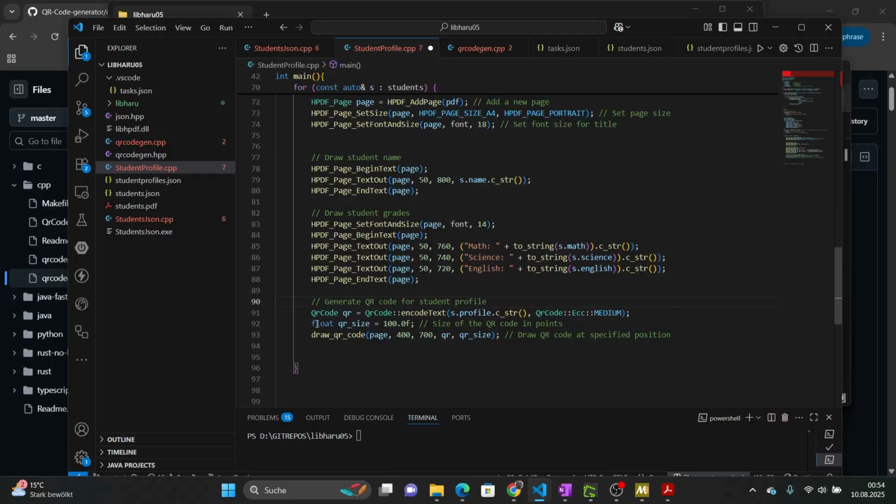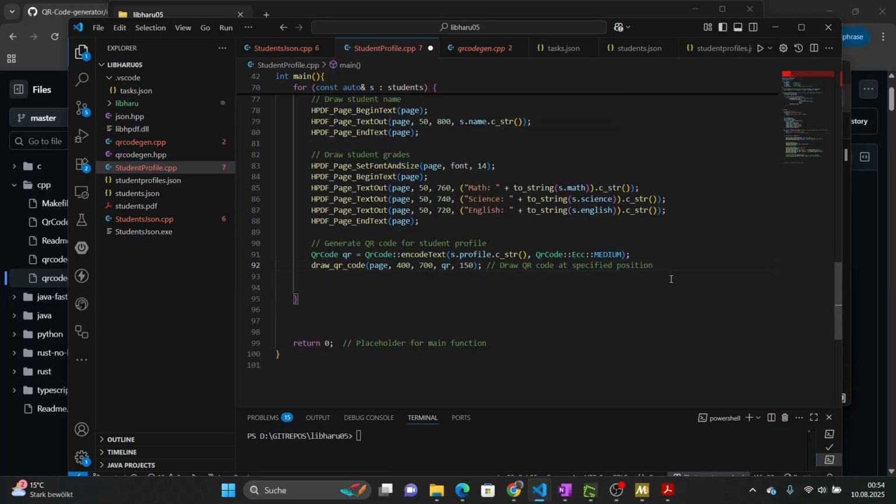And then this one, the size of the QR code in points. So here is the page. Positions here is 400, 700, and then the size that we are going to pass here to be 150. So we are just going to put it at these positions. Then once that one is done,